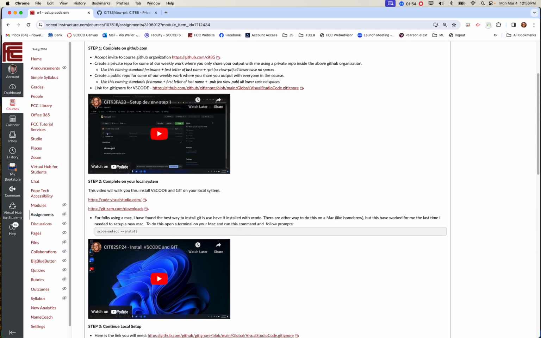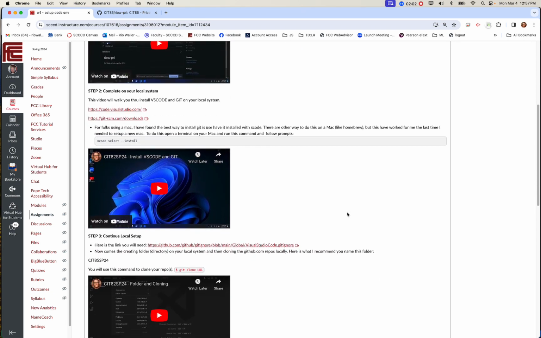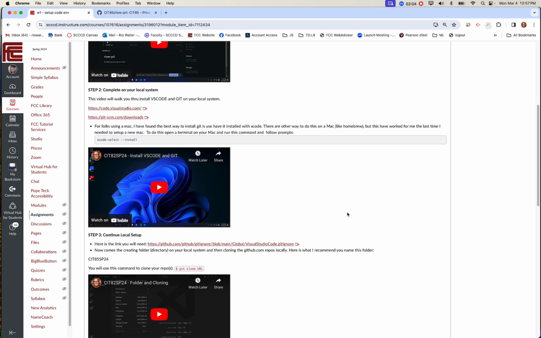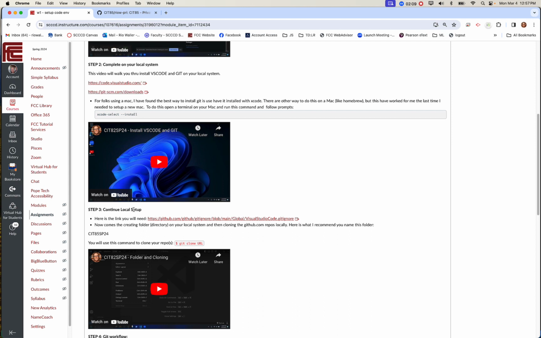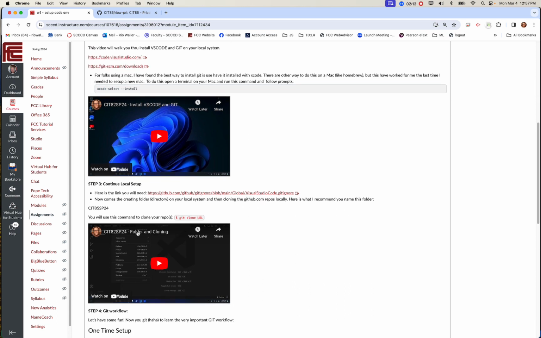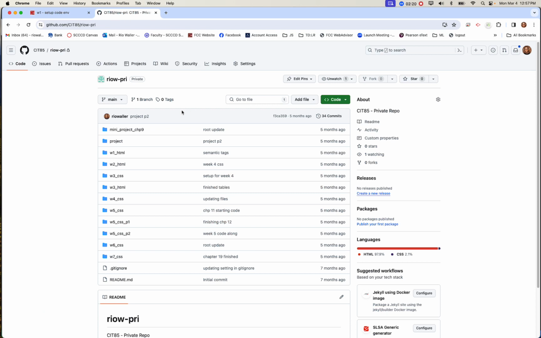Because once you do the work on GitHub, then you install some local software, Git and VS Code. Again, I don't require that. You could use another editor. I just think it works best because it's what I'll use, right? So once you do that, then you go through the process of cloning. And so setting up this folder and cloning is taking what you've done out on GitHub, and you're not just copying it, you're connecting it to your local system so that then you can code and push that